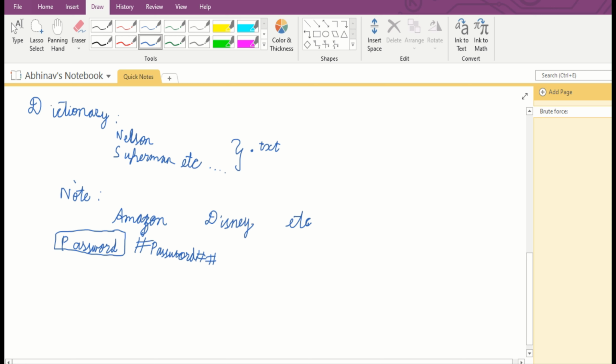Or Disney might say, okay, I'm going to send this for hashing, but before that I'm going to salt this password a little bit. It'll be like hash @ then word, something like that, not exactly. Then it will go for hashing. So this type of password is called a salted hash password. This type can be found in a few companies' databases who want to keep their client passwords very safe. But here, this type is just a normal hashed password.